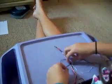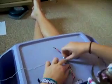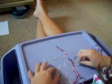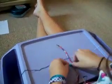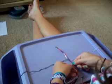So that's the over, over, under, and then under, under, over. Then you're going to take off your bottom tape and split these strings into 2 groups,